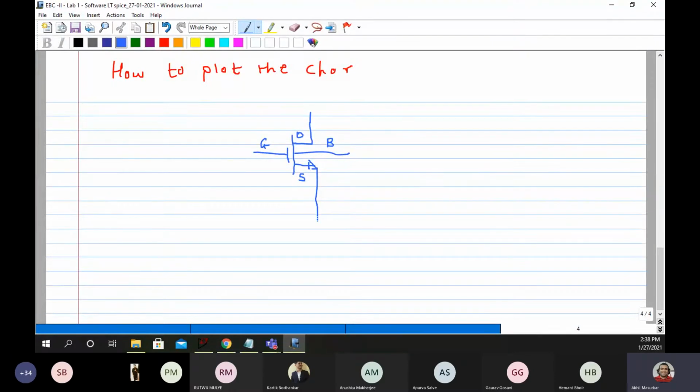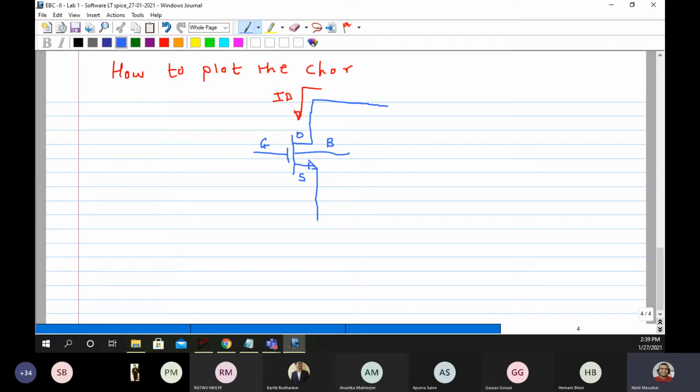Now, the current ID always flows from drain to source.